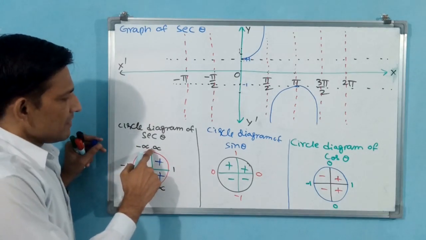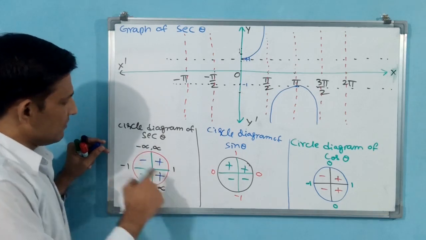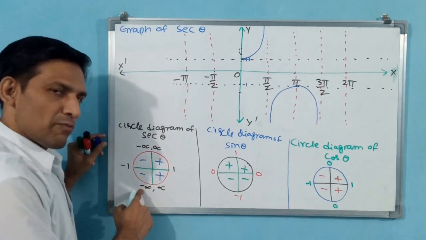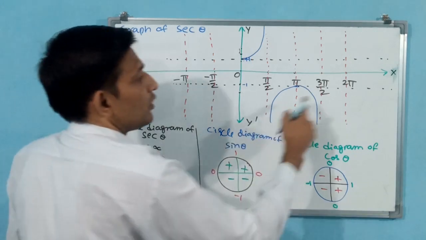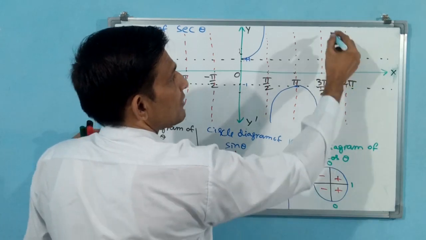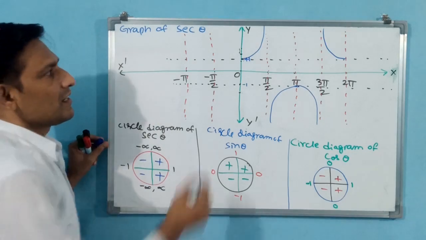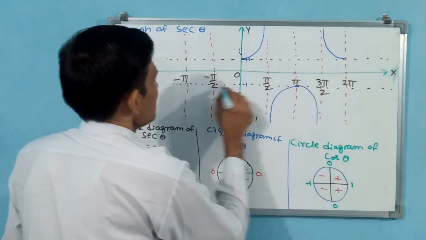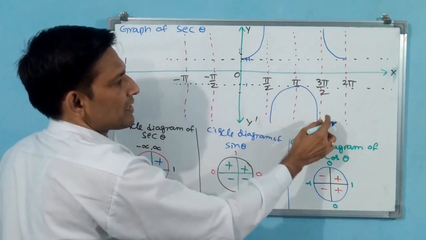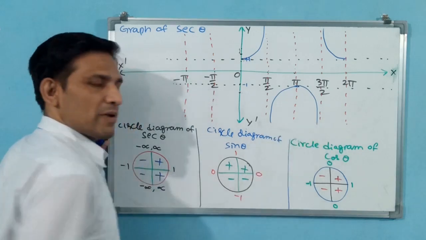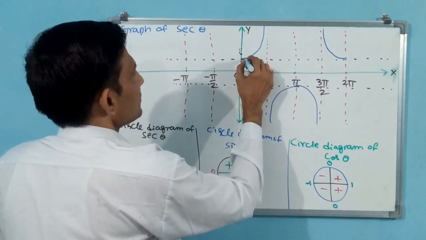Again, from 270 degree, in this way we have to go, minus 1 to minus infinity. Over 270 degree, from 270 to 360, infinity to 1. That means positive infinity to 1 is there. This line is 1, this line is minus 1, dotted lines. These vertical lines are for controlling infinity. Why? Because the graph never touches these lines. If it touches, automatically that is not going to become infinity. Same way this side also.